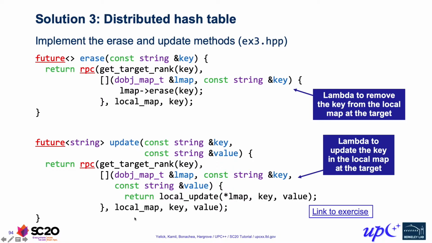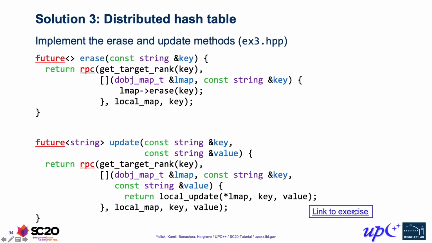Once again, we pass the distributed object as the argument to RPC and our key and value. And again, that distributed object gets converted to its universal name. That gets transferred over, and then on the remote end, it gets reconstituted as the distributed object on the remote side. Okay, so this is an illustration of moving over computation to where the data is located. So again, we want to actually do an erase or an update. And so we just send the function that does that and all the necessary arguments over to the owner of the data to perform the operation.